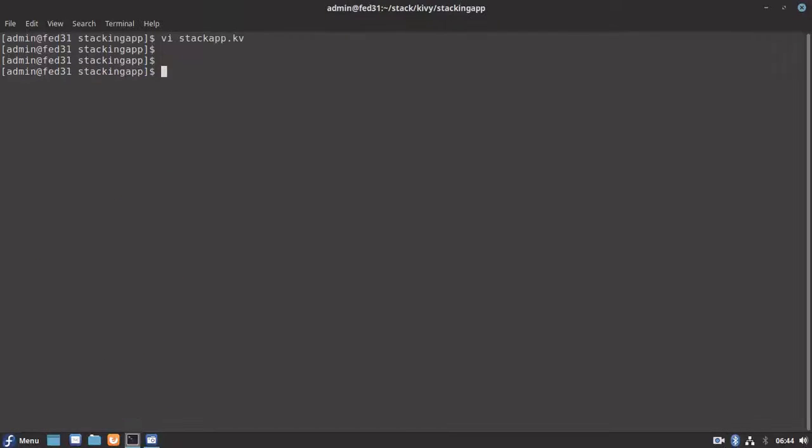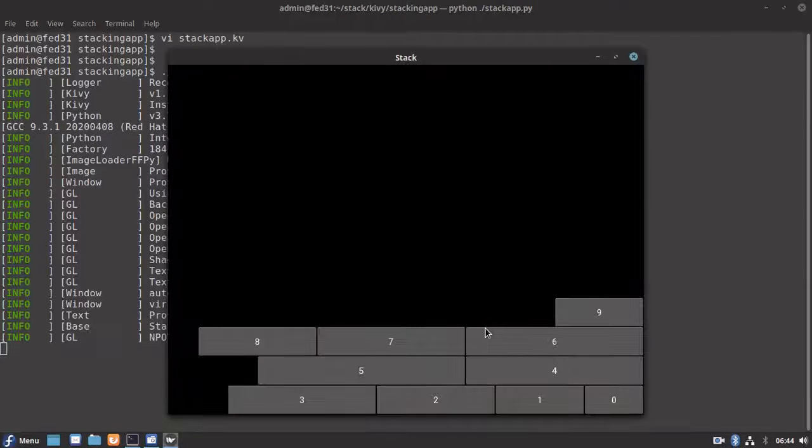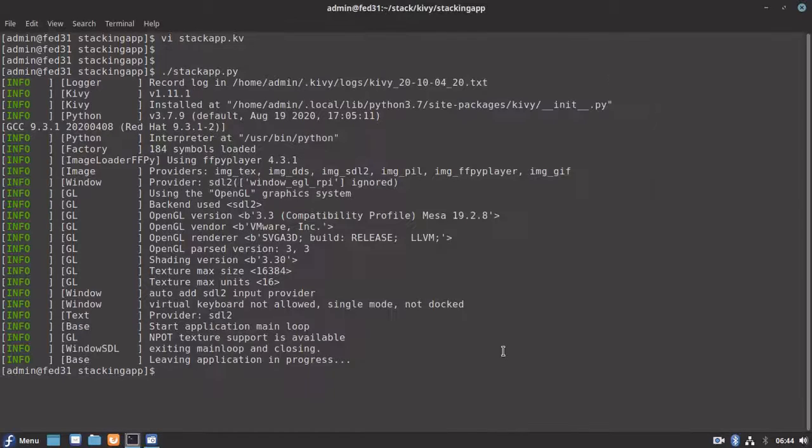Let's see how it looks. It started from right to left, and from bottom to top it went. This is how the stack layout arranges the buttons or any other widgets which we place into this layout.